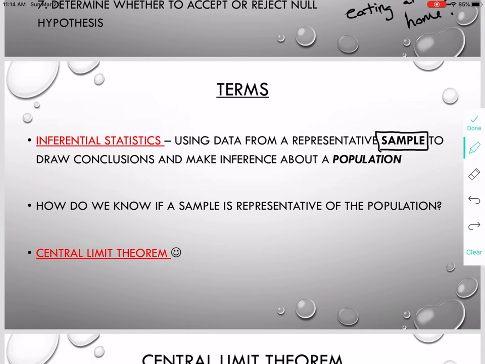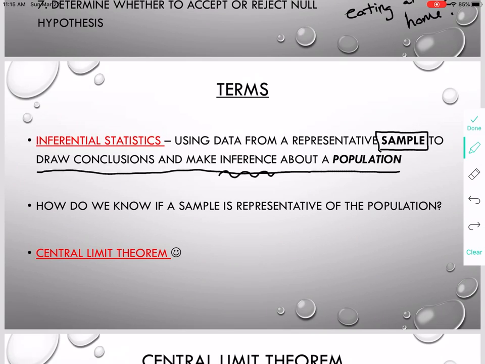Is it really realistic for me to be able to test the entire population? No. So we fall to inferential statistics, where I'm going to take a sample of the population, and from that sample that I do test, I'm going to try and draw conclusions and, of course, make inferences about the whole population. That's why it's called inferential statistics. If I choose a sample that is representative of the whole population, then I can do that. Then I can just get a representative sample, test them, and make an inference to what would be true of